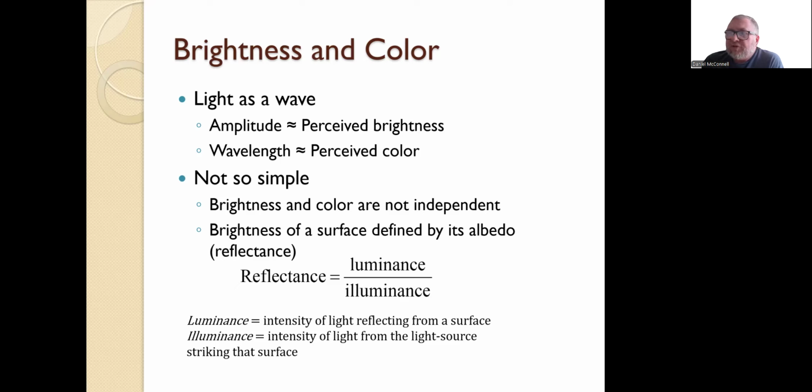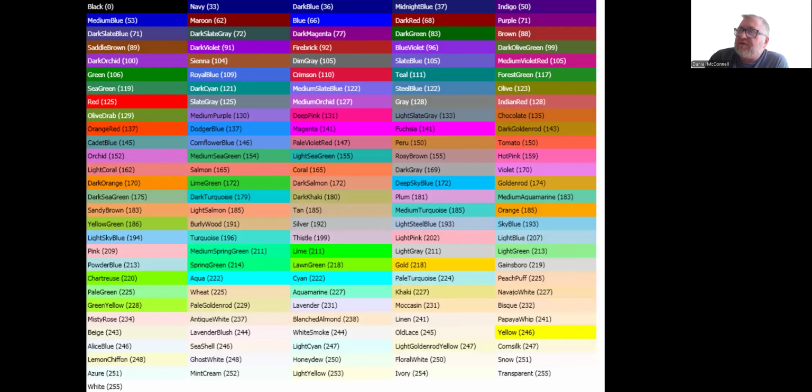But as it turns out, this is not quite strictly true, because what we're going to see is that brightness and color are really not independent dimensions of visual experience. And I have a slide, I can just jump to it real quick before coming back to explain this a little bit over here. Here are a bunch of different color patches. Now, there's a very good chance that because of PowerPoint and because of whatever monitor or screen you're using to look at this,